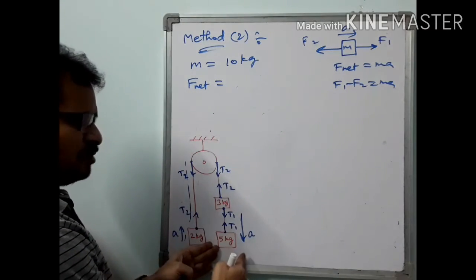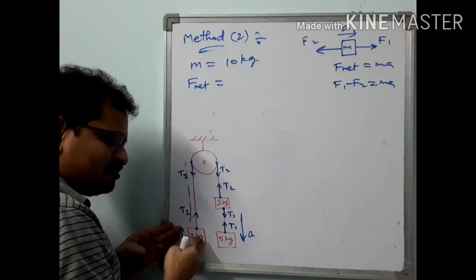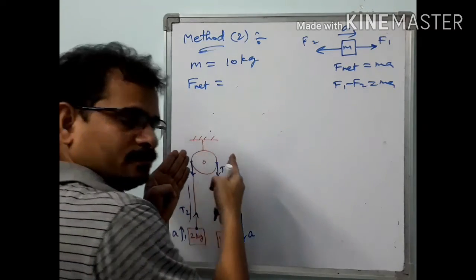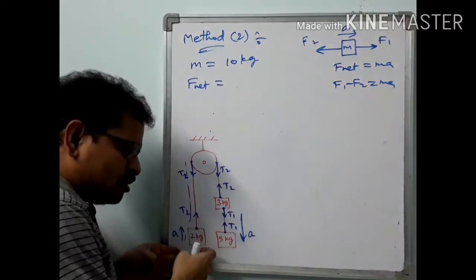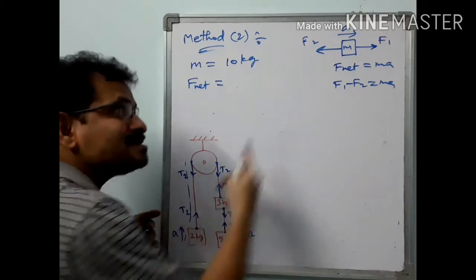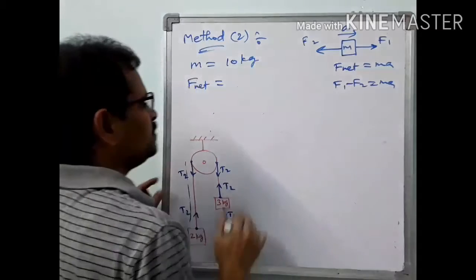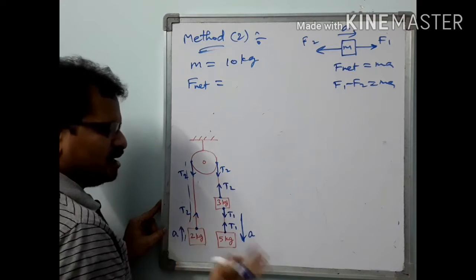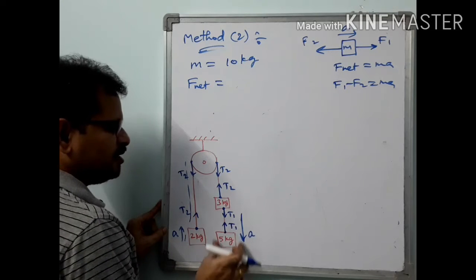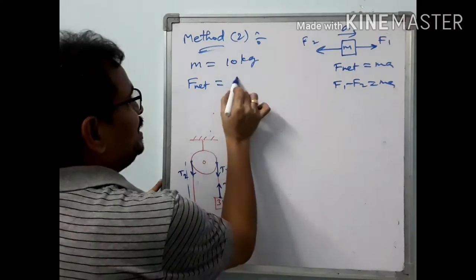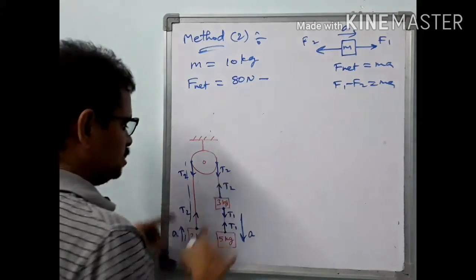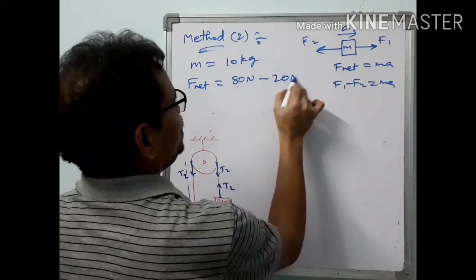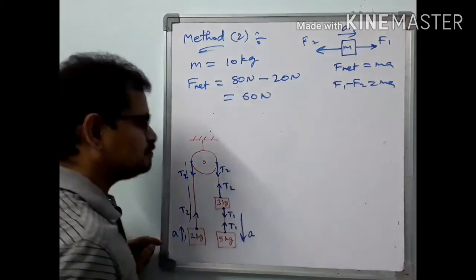So successful force minus unsuccessful force. Here this part of the gravitational force is successful in pulling this downwards, while this part of the gravitational force has failed, because the body is moving up. Success minus failure, F1 minus F2. Same thing here. So what is the total mass? The mass of the string is negligible. Therefore, you consider 5 kg plus 3 kg, that is 8 kg. Therefore, 80 newtons successful force minus, here how much mass is there? 2 kg. What is the gravitational force on this? 20 newtons. 80 minus 20, so this is equal to 60 newtons.